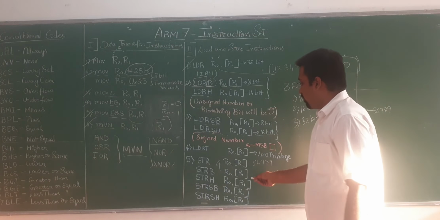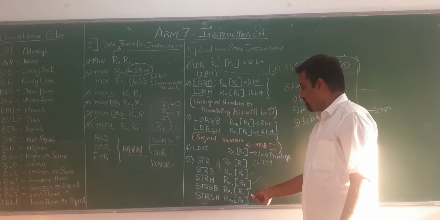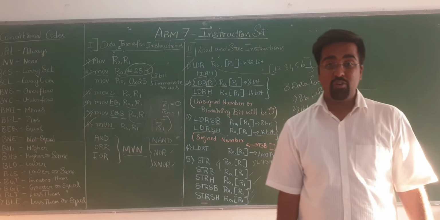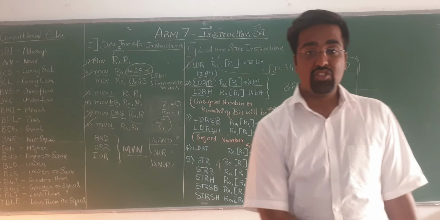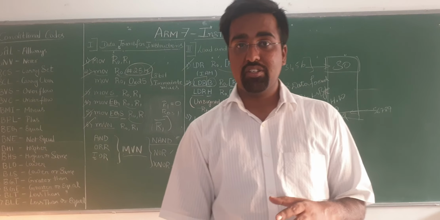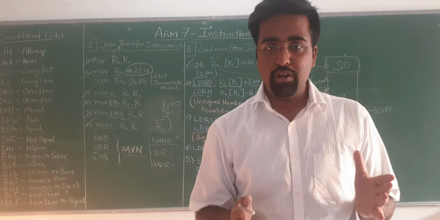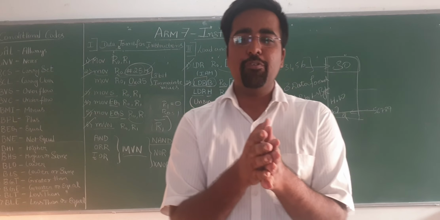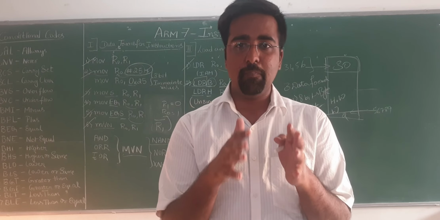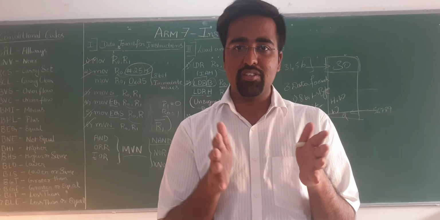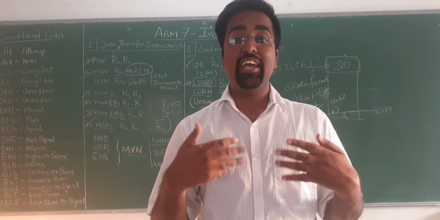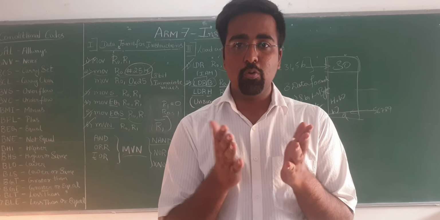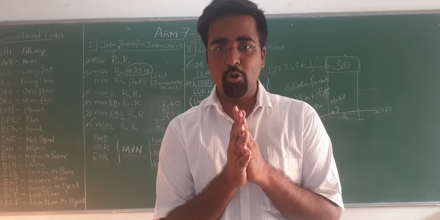So STRB for bytes, STRH for half word, STRSB for signed byte, and STRSH for signed half word. You can just play with any of these instructions. If you have understood all these instructions, good. Just observe the video, and listen to it once again if you have not understood. Please let me know in the comment section if you are not understanding. Tell me if you would like a few more examples, or any suggestions on this kind of topic. I'd love to take up all the suggestions from you.